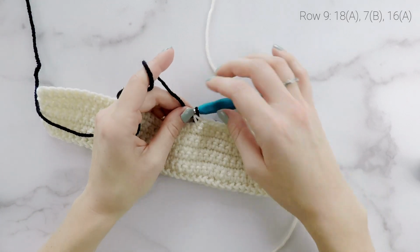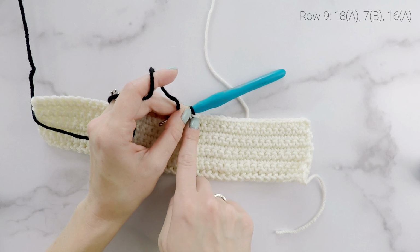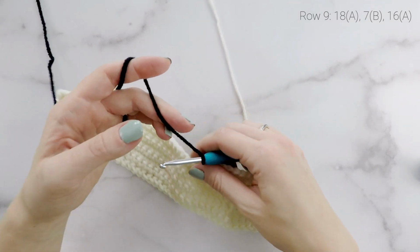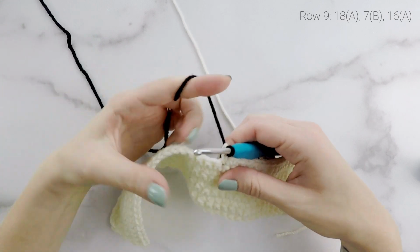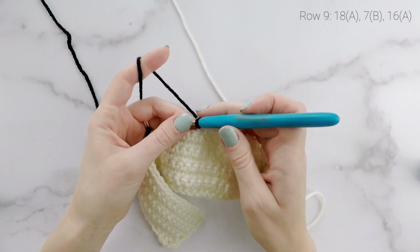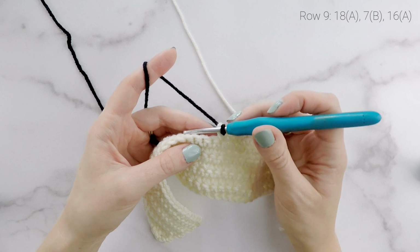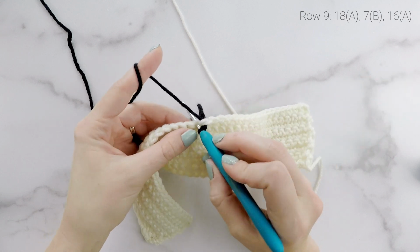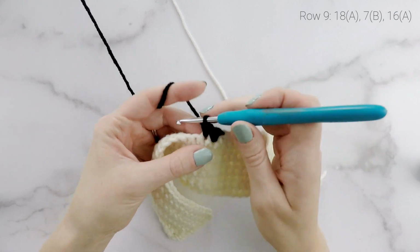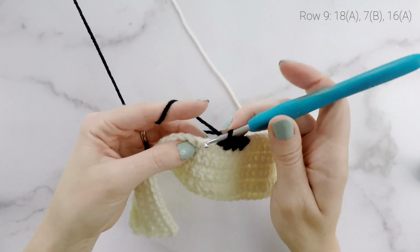So here I still have our 18 single crochets. That last one, it looks like the main color is that top stitch, but we've changed our color so that we're ready to start that next stitch with the new color, and it's just going to seam really nicely. We are going to be working 7 single crochets with our color B. So going straight into that next stitch, that's 1, and we got 2, 3, 4, 5,